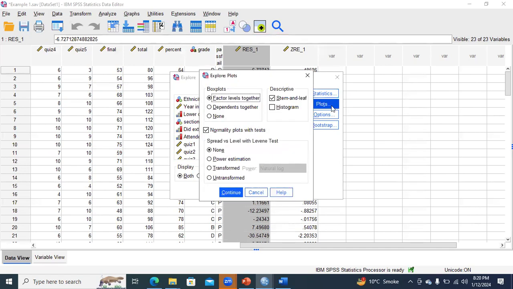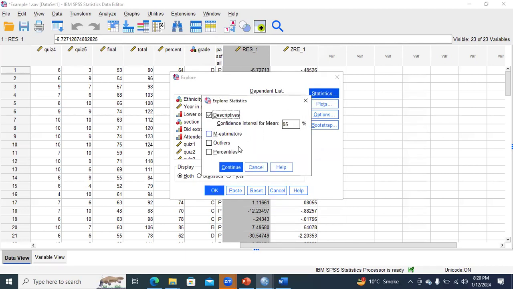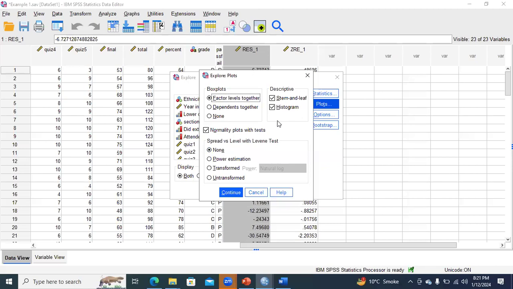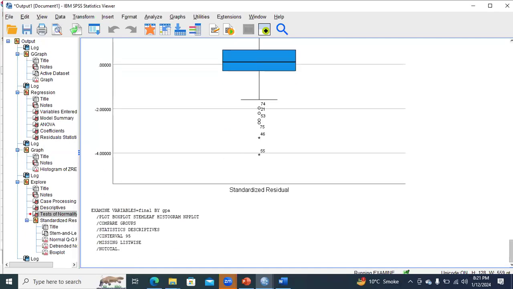So we go to Plots and check the stem-and-leaf and the histogram; the normal probability plot is already selected. We click the continue button, and then the OK button. We need to see the other options also. No, this option is not required, and this option is not required. You only need to click the histogram, normality, and summary. So click the OK button, and you will find